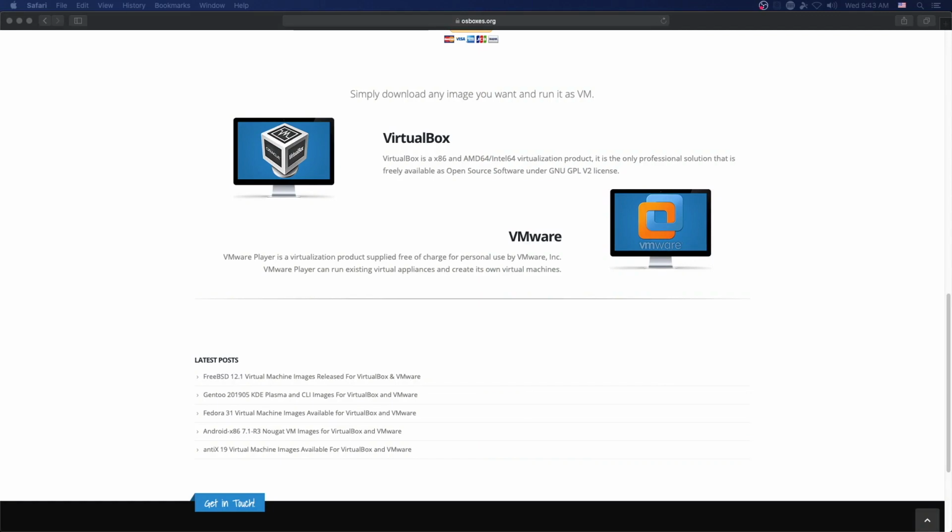Today we're going to talk about OS boxes. OS boxes is one of several places that you can download pre-built virtual machine images that are ready to run once you import them into VirtualBox or VMware. Since I use VirtualBox most often, we are going to concentrate on that platform. But if you understand the process for VirtualBox, it will not be difficult to figure out the process for VMware